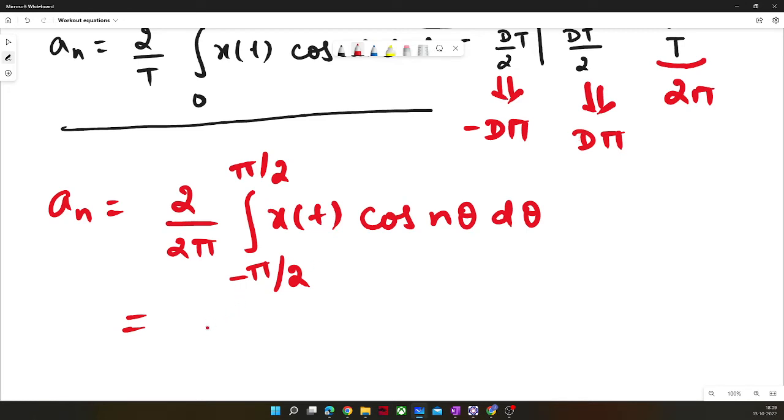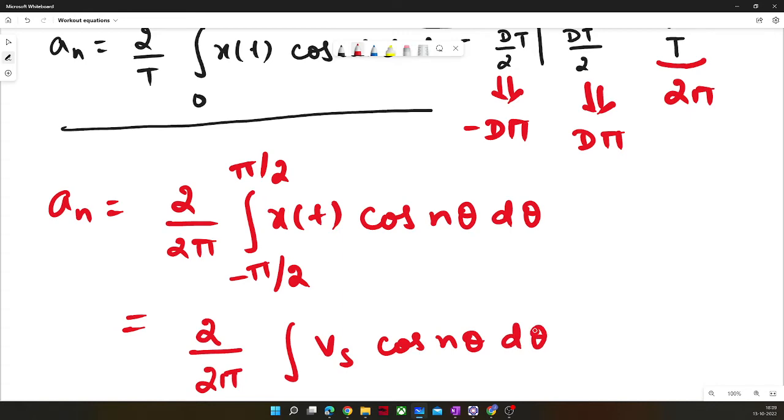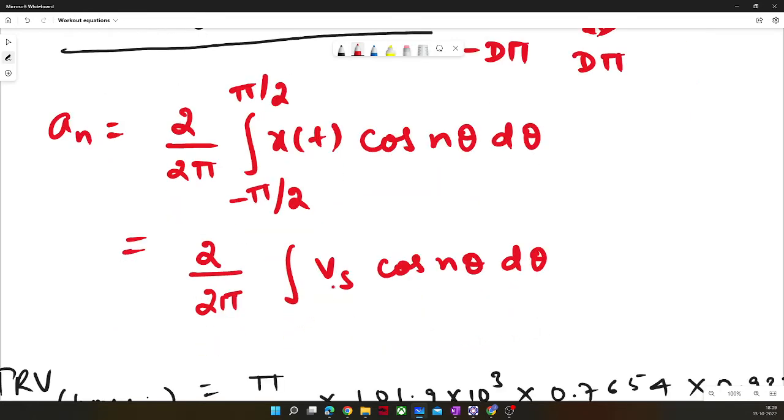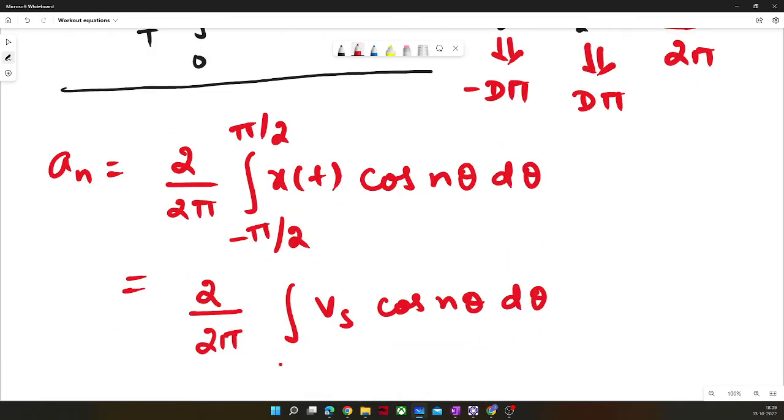And hence we can write it as 2 by 2 pi, integral of Vs cos n theta d theta. And for the period when no signal was present, so that would be minus d pi to d pi,